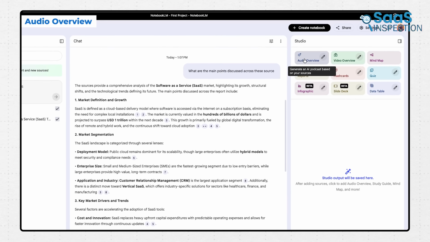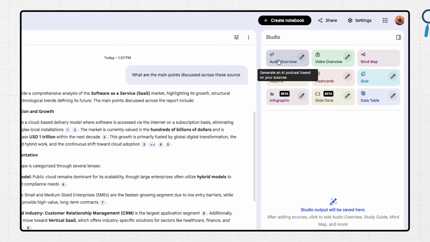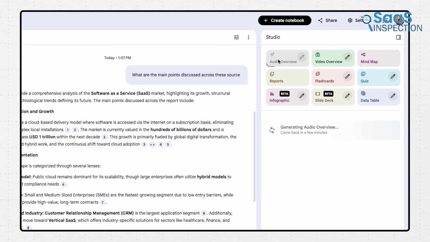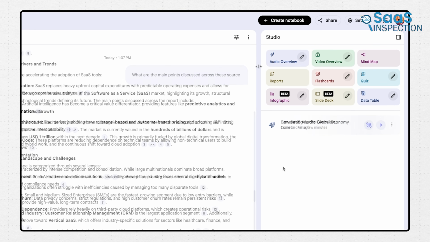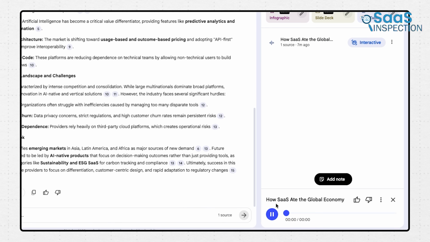Now looking over at the Studio panel, we find the Audio Overview feature. This is probably one of the most helpful ways to get a handle on a difficult topic without having to stare at a glowing screen for hours. When we open that panel and choose the audio option, NotebookLM builds a spoken conversation based strictly on the sources we provided. It features two voices that talk through the material, explaining the main ideas and showing how different documents